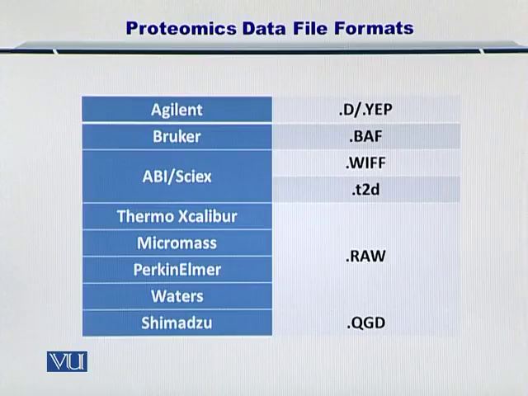The reason for sharing these names with you is that each of these companies has its own data file format. So they organize the mass over charge ratio and the relative abundances of the protein and peptides in a specific way that is their own. Now, each company has its own format, which is shown here in this table. For instance, Agilent gives you a .d or .yep file, or Micromass, PerkinElmer, Waters, ThermoExcalibur, they give you the raw